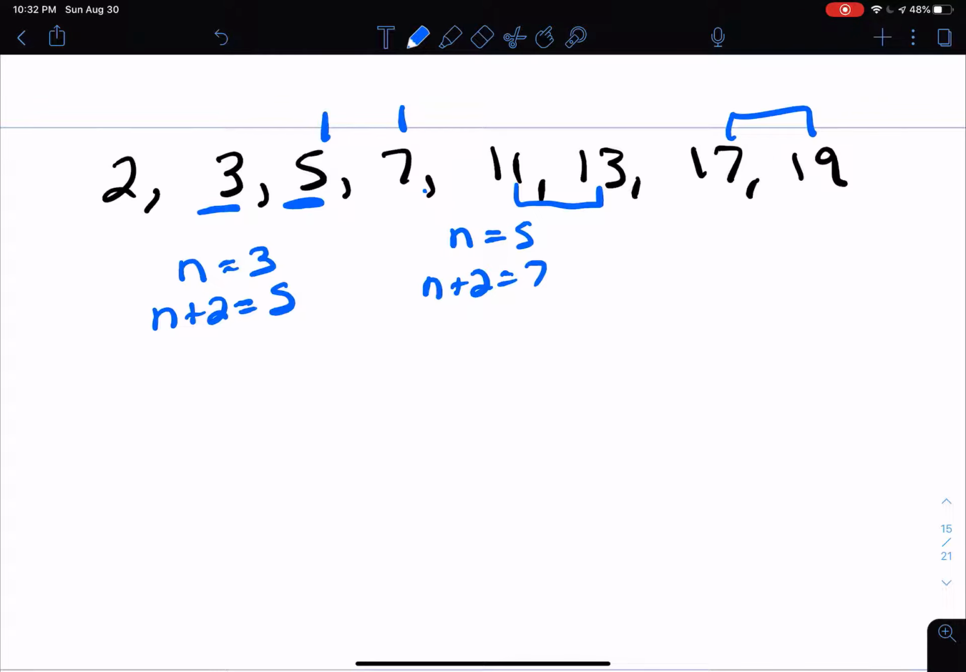Yeah, so for a long time, mathematicians were working on trying to prove that there's an infinite number of pairs of twin primes. Yitang Zhang is an interesting character. He